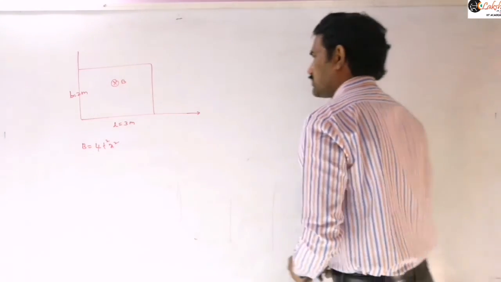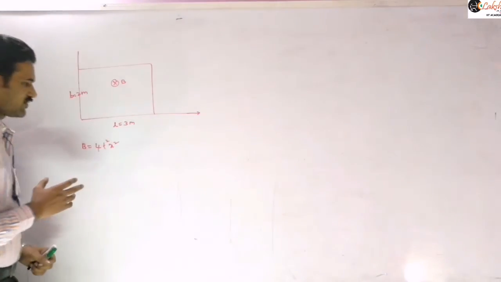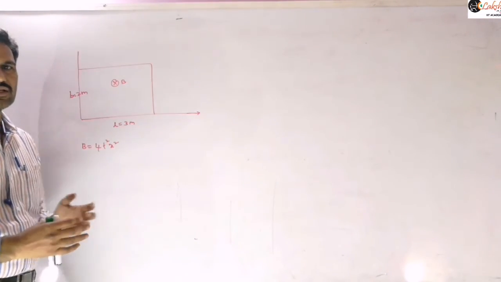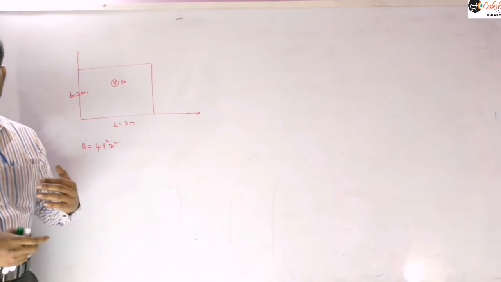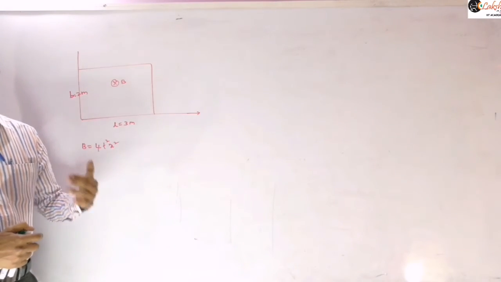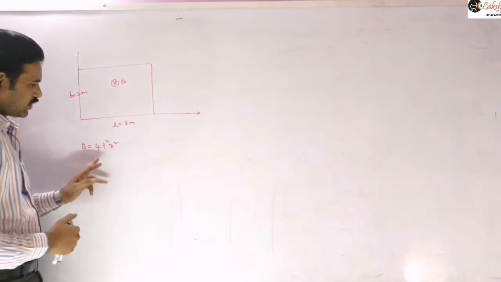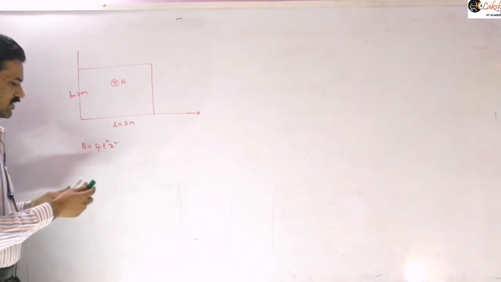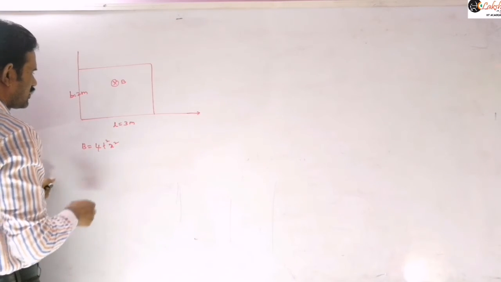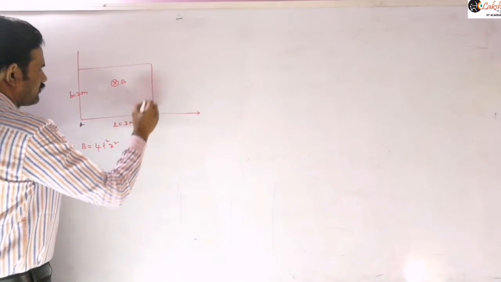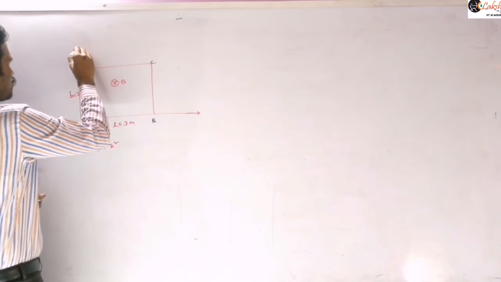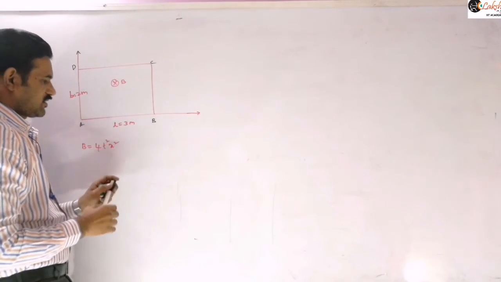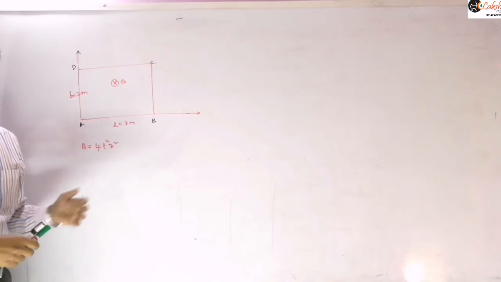So next, to see this problem, the magnetic field is varying as a function of time and also as a function of space. That means B is changing with both. Up to now we discussed problems where B is changing either with time or with distance. Now it is changing with both. So now there is a closed rectangular loop placed here. Let us take this as ABCD. The magnetic field is perpendicular to this plane. The time varying magnetic field is given, so we need to find the induced EMF in that.